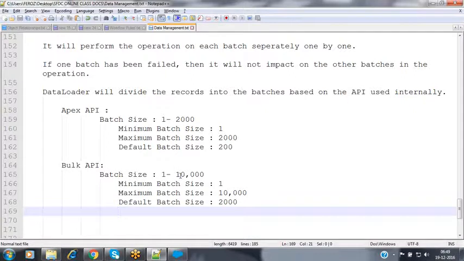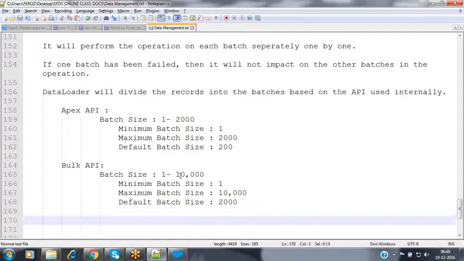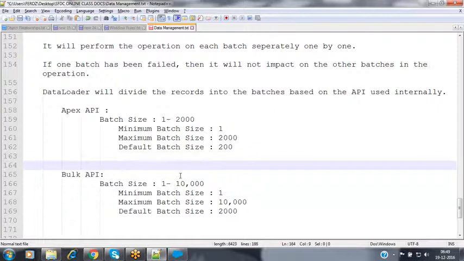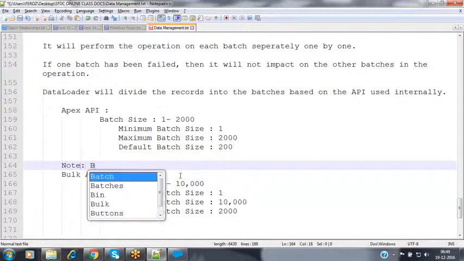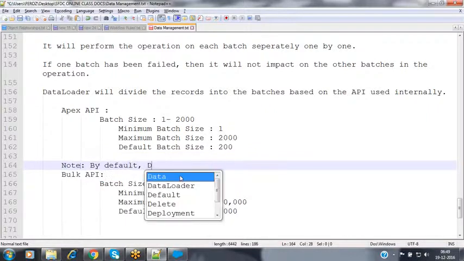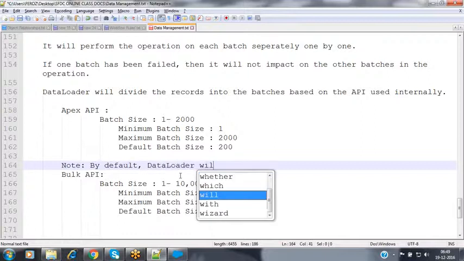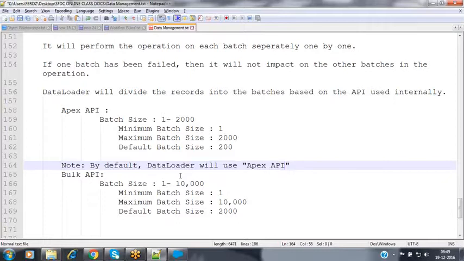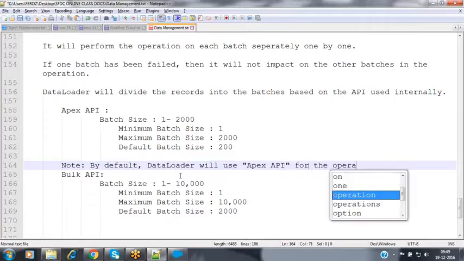Then how can we intimate here? Where can we intimate that? By default, Salesforce data loader is going to be using that Apex API. Make a note. By default, data loader will use Apex API for the operations.